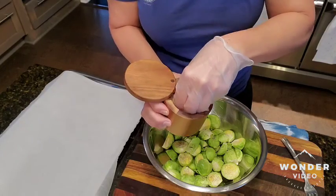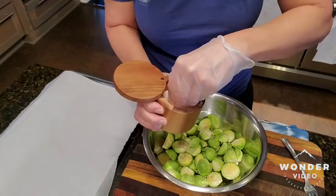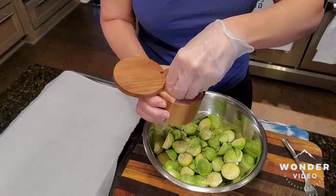Isn't that awesome? That's what they do in commercial white, iodized, garbage, nutrient-void salt. Anyway,